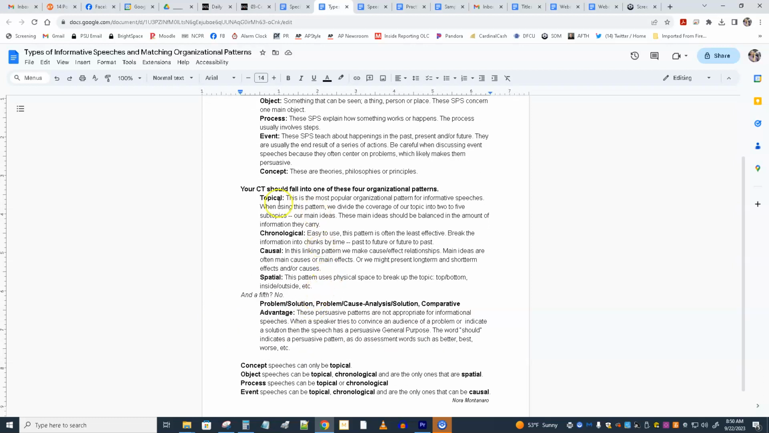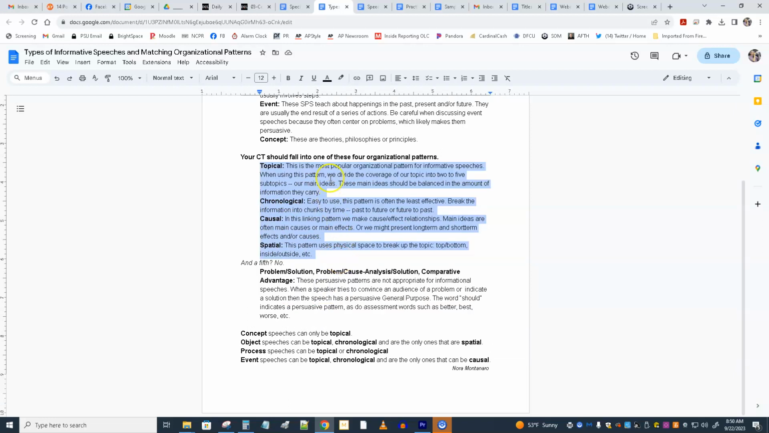So your central thesis could fall into one of these 4 organizational patterns. Is it topical? That means it's just divided up into chunks, and they aren't related to each other in time, or one thing causing another, or space. It's just balanced amounts of information, and that's very common. In fact, topical is probably the most common,